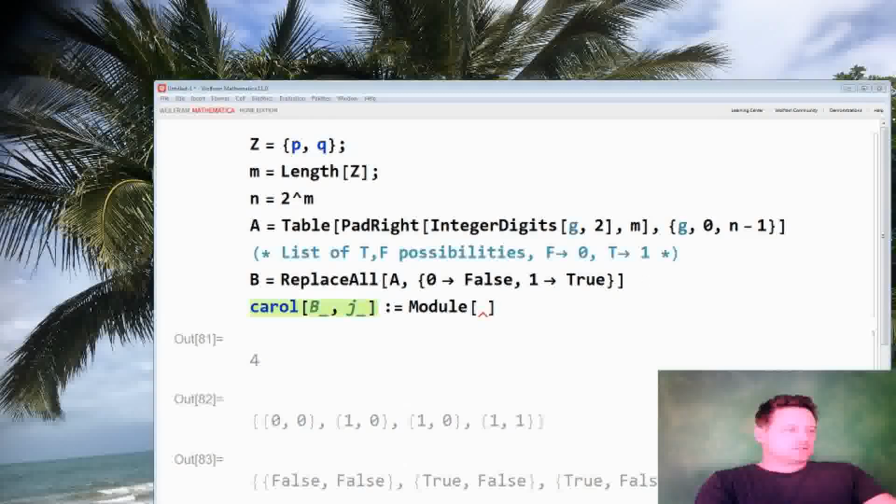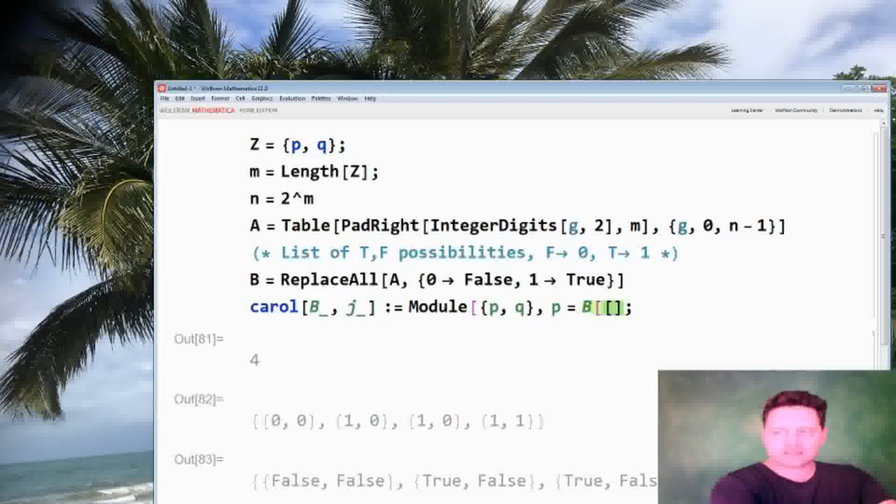Okay, and I'll put a semicolon after that. Now inside I want to have local variables P and Q. Alright, so then I'm going to say what I want them to take on. So P equals. Now I'm going to show you indexing because I want to pull values out of my array B. So B, put 2 square brackets,